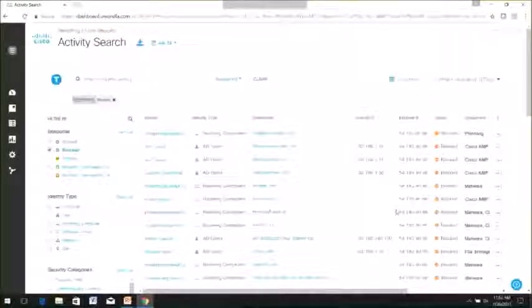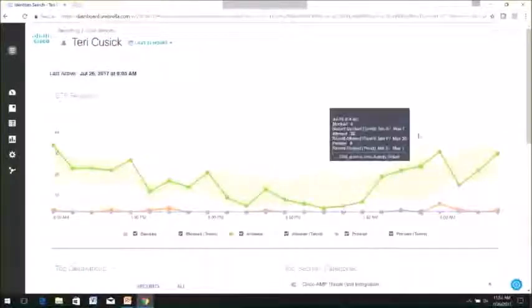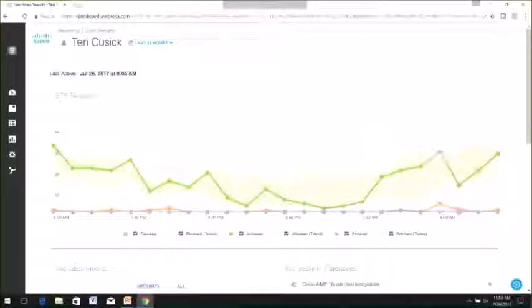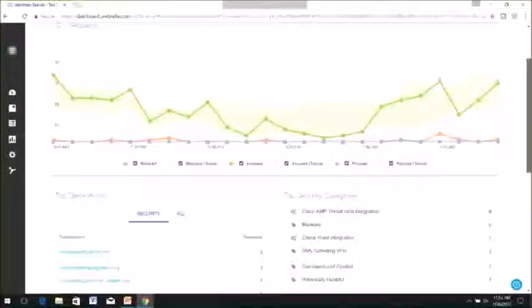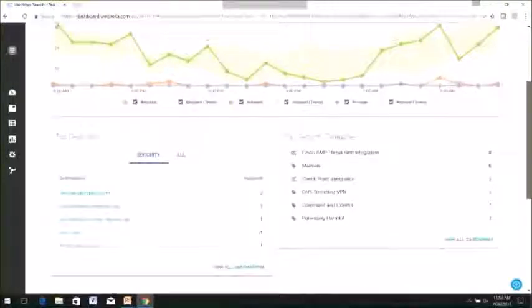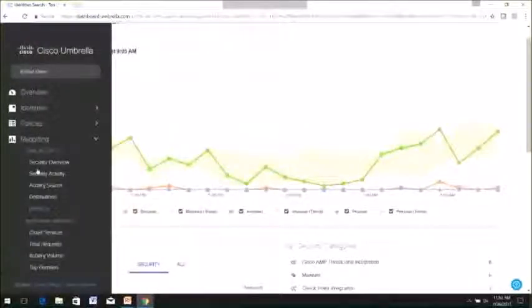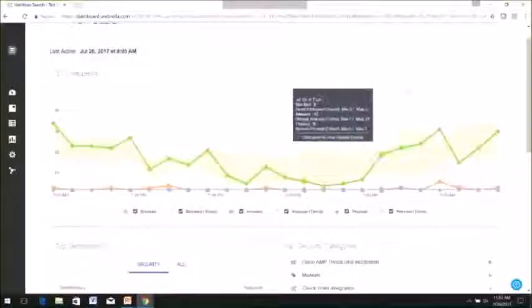So if I wanted to drill in and actually look at something in this environment, I could go into any of the specific identities and get information based on the telemetry and the requests that user has been involved in over the last 24 hours. So this is giving us a depiction of all those attacks. But also if we go back and look at the security activity and drill into a